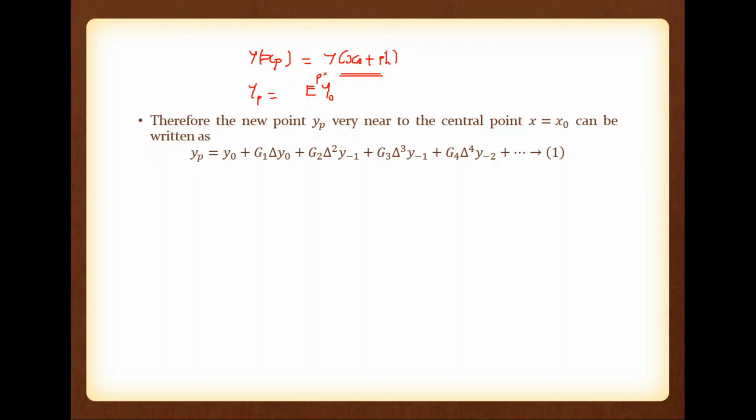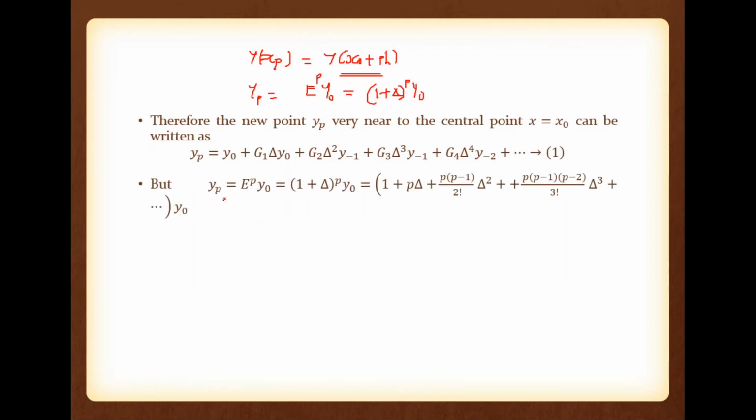But the interesting thing is p is not an integer, p is a fractional number. So yp is equal to E raised to p y0. And we all know that E is 1 plus delta. So what is E raised to p? (1 plus delta) raised to p y0. On this term we can apply Taylor's expansion. What is this? 1 plus p into delta plus p into (p minus 1) divided by 2 factorial into delta square. Like that way we can expand this term.